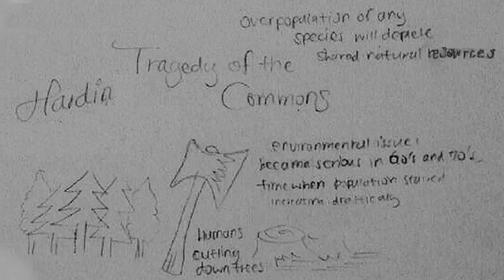About another century later, which was probably around the 1960s and 70s, a man named Garrett Hardin published his paper titled The Tragedy of the Commons. He argued that overpopulation of any species will deplete available natural resources. Human cutting and burning down forests around the world can be an example, since deforestation issues were regarded seriously starting in the late 1900s, about the time when population started to drastically increase.